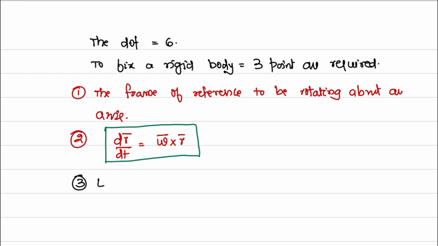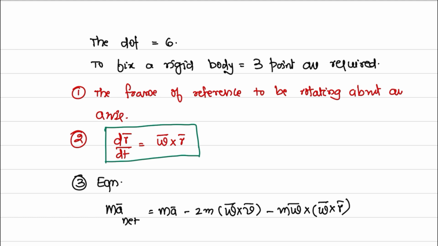Then the equation of motion, which is very important, and we have just checked: MA net is equal to MA external minus 2m omega cross v, sorry, it is V, not R, minus m omega cross omega cross r minus m d omega by dt cross r. In this, if it is 0, then Coriolis effect, and then your centripetal force,